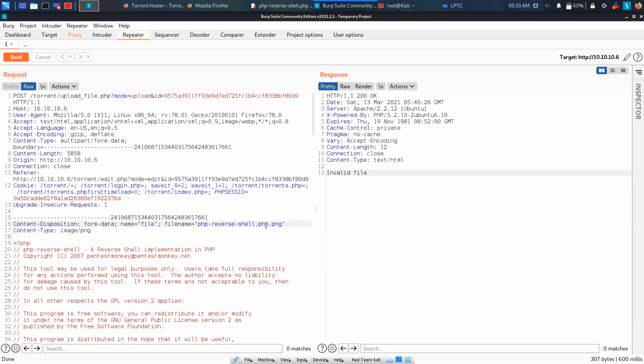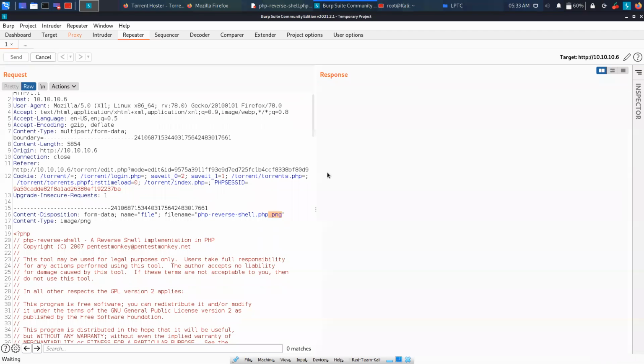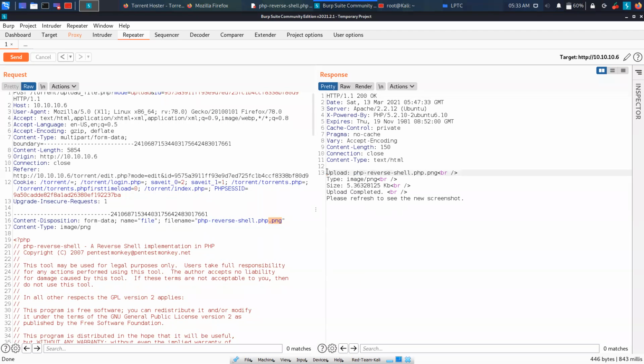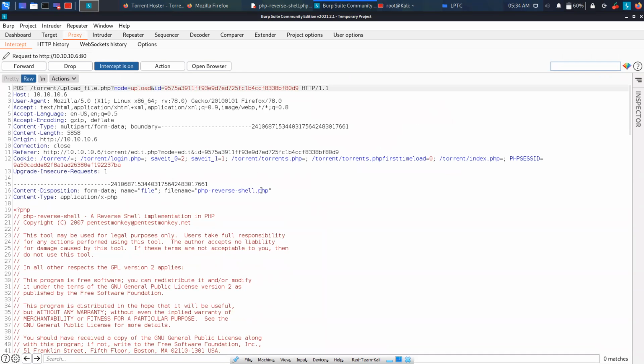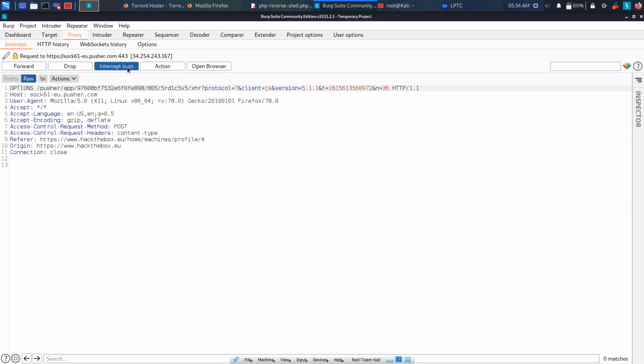So over here, you can see that we just changed .png, we added another layer, and we also changed the content type to image / PNG. If we click on send, it is showing now that it has uploaded our PNG file and it has been successfully uploaded. So we go into the proxy tab. We do the same thing over there. We add .png, we add image / PNG over here, forward the request and close the intercept because our work is done. Basically, we know how to bypass now.